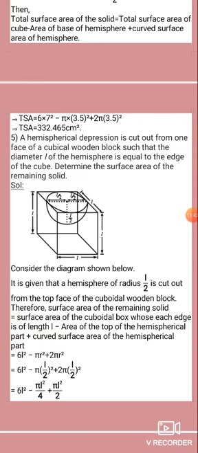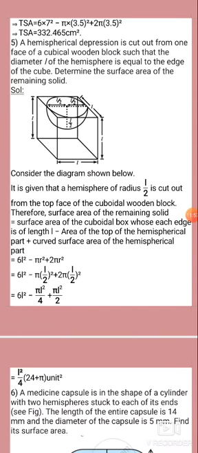So 6l square minus pi l square by 4 plus pi l square by 4 into 2 is also there. So cancelled, then remaining what? Pi l square by 2. Now we can take l square by 4 as a common factor, take LCM 4. So when you cross multiply, 24 minus 2 pi plus pi, that is, minus pi plus 2 pi is equal to what? Pi. So l square by 4 is a common factor, remaining 24 plus pi unit square is there.